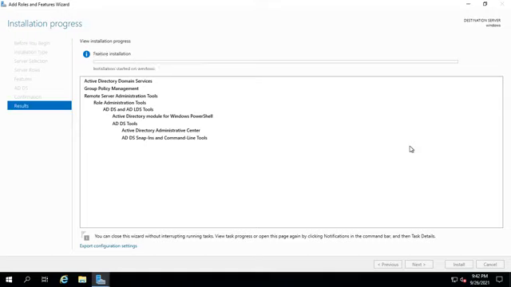Now I will only install the inbuilt service, Active Directory Domain Services. By default it is uninstalled, and as an administrator you install it manually. So I install only Active Directory Domain Services, and after installing, we configure the console.